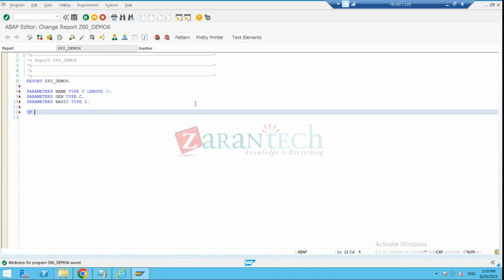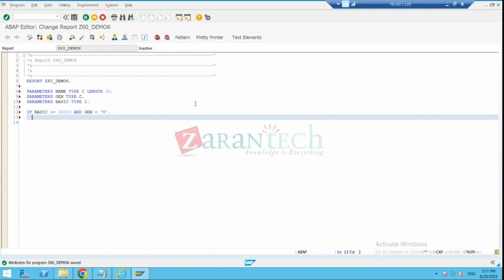We can write it in multiple ways. Let me do it like this. If basic is greater than or equal to 30,000 and gender equal to male, both should be there, then